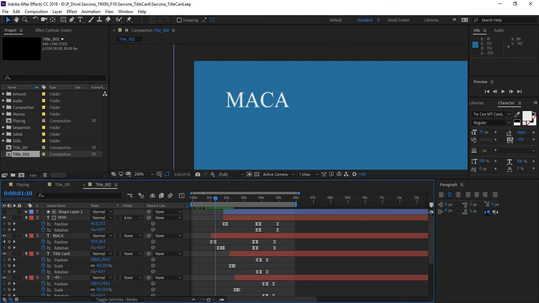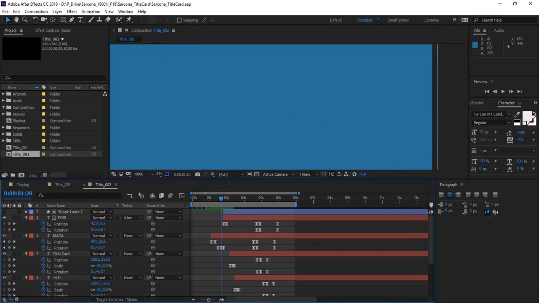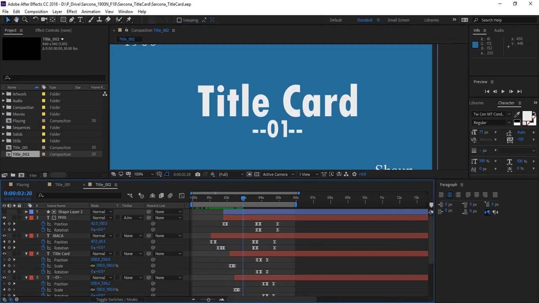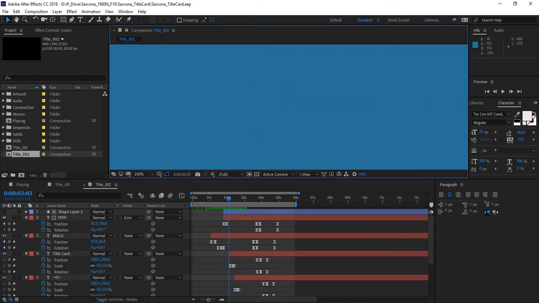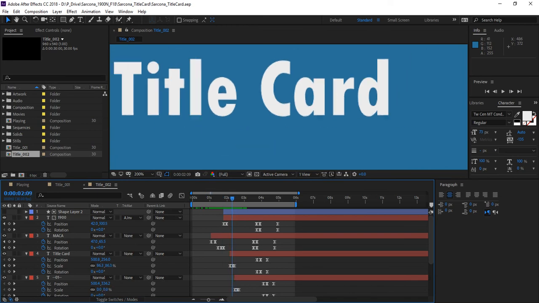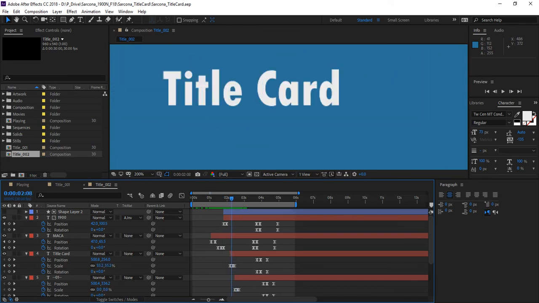So here comes MACA, just slides straight down, comes up, smacks down, and the 1900 just comes out of it. And then here's title card, and then title card scales, and then 0-1 scales. Now notice on this one when it comes up, I'm going to go frame by frame so you can see it better. So it comes up,